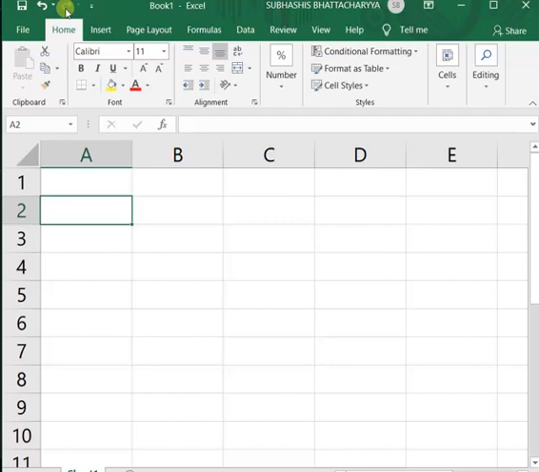That means undo brought back the deleted computer to us, and redo again takes this computer away from us. So undo and redo can be used to switch back and forth between the actions. One reverses our last action, and redo again brings back that action. That is, it cancels the work done by undo.